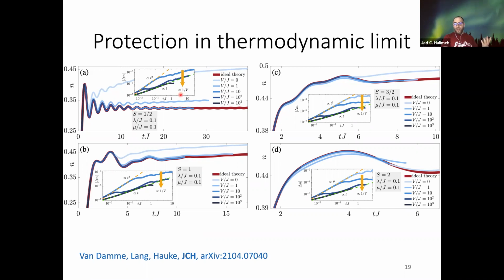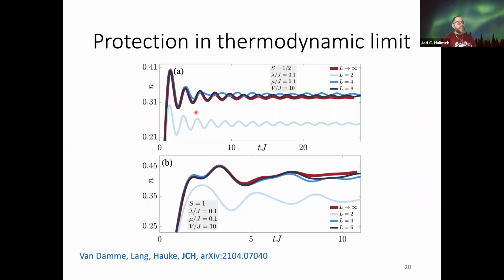So this is also great news because again, I see that I can reliably simulate my dynamics beyond just the gauge violation. So this N is much easier to measure in the lab actually than your gauge violation. And what happens here is that, okay, at a relatively small V, I can already reproduce up to long times my ideal dynamics in a faulty gauge theory. If we look at the finite size behavior of this, again, we see that at just a few matter sites, I can come very close to the thermodynamic limit result.